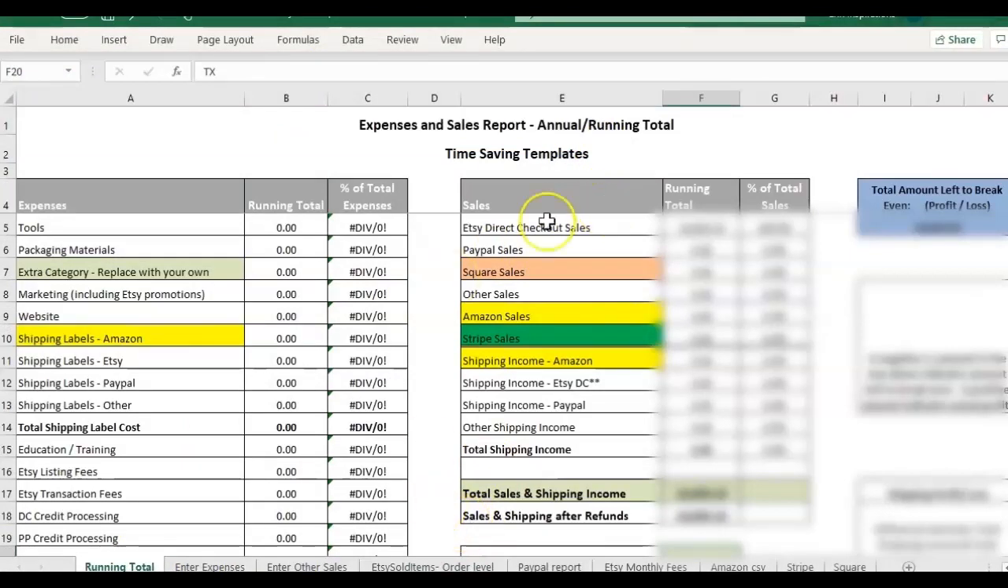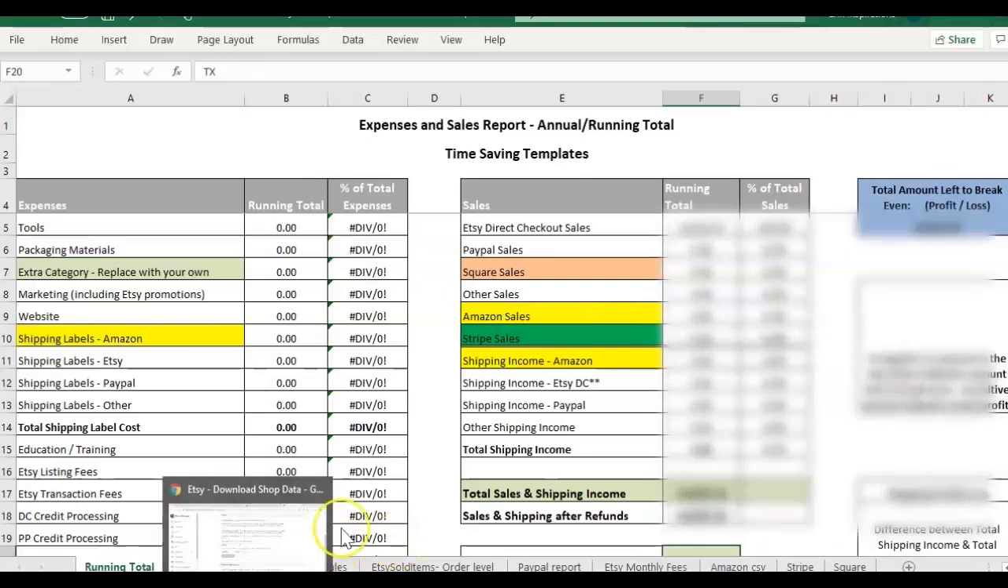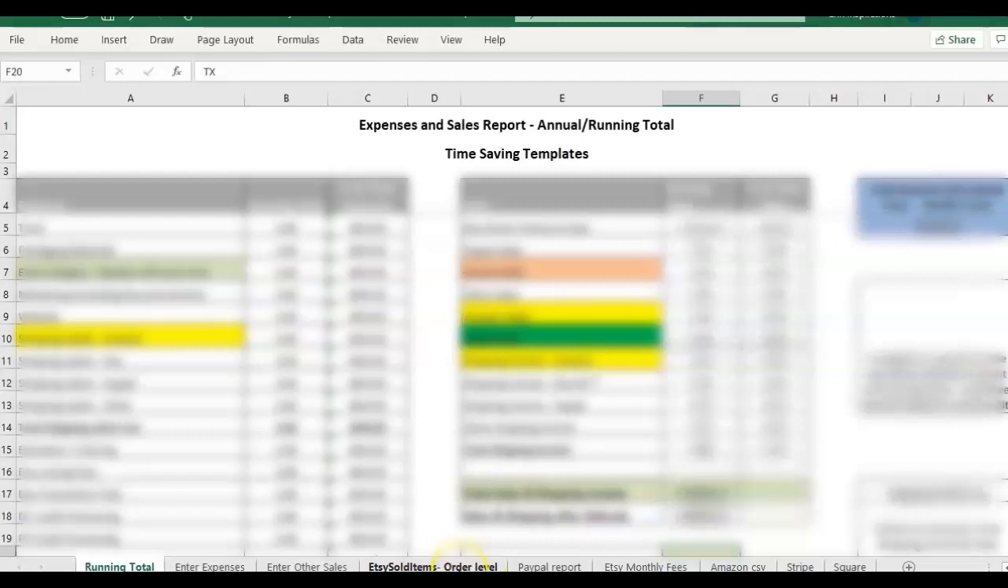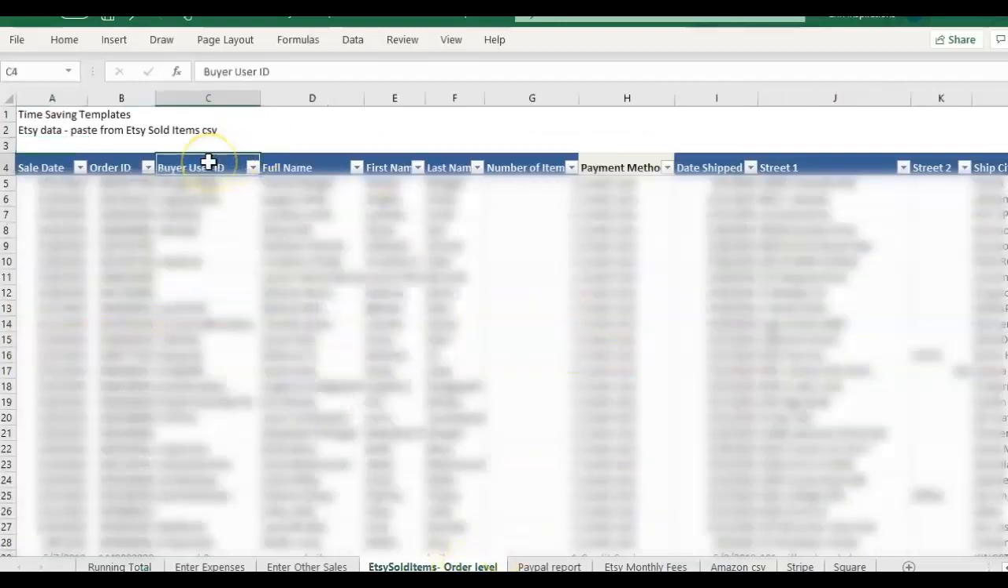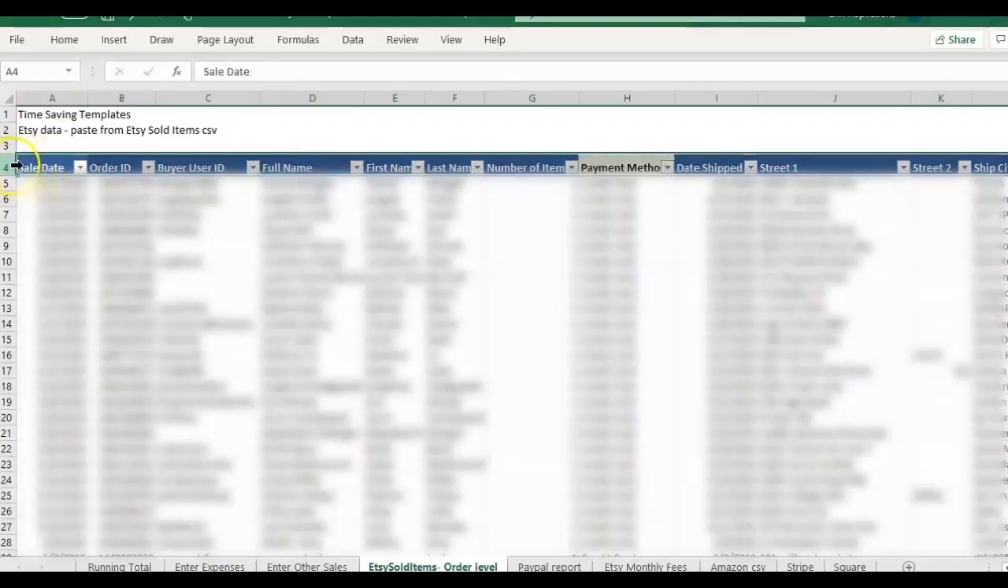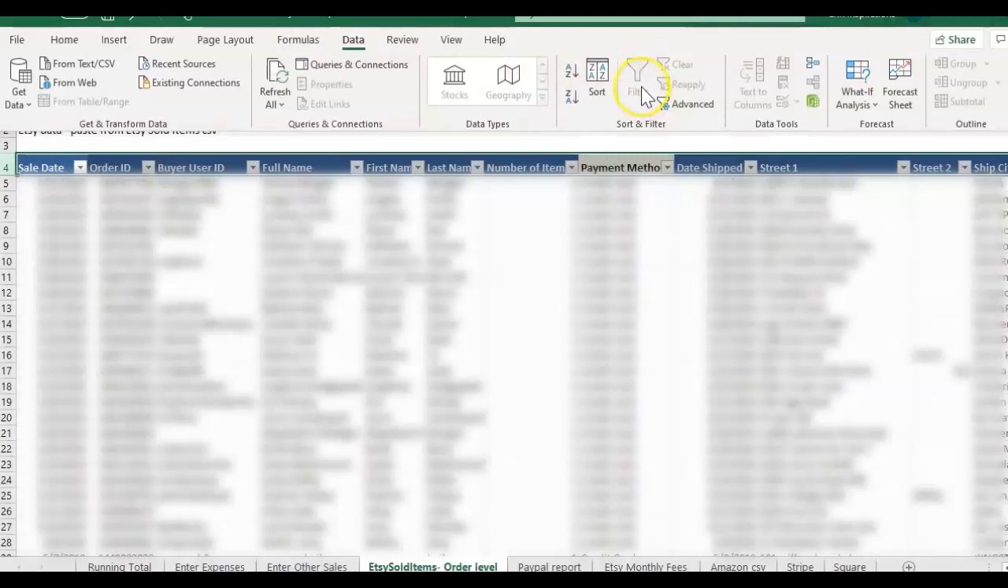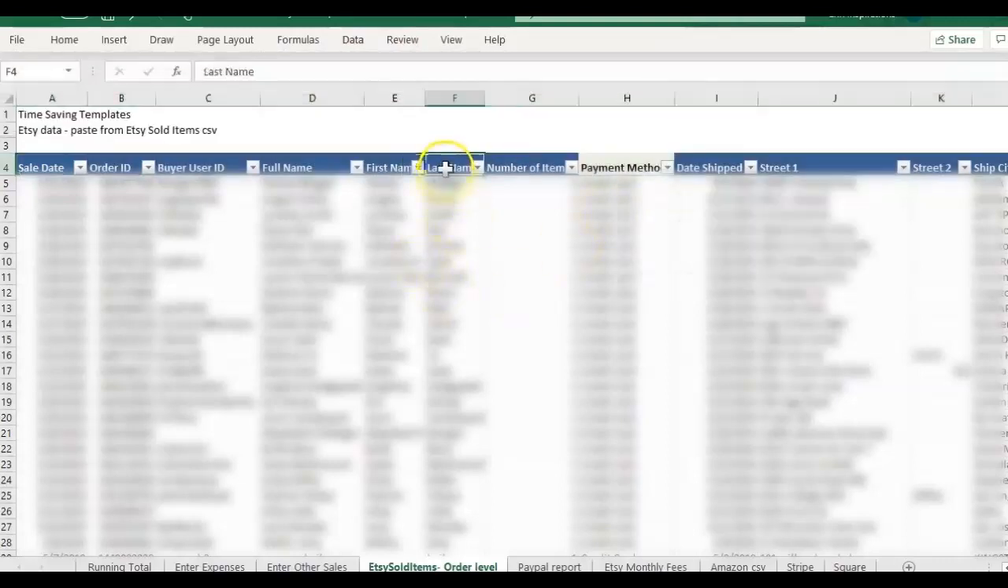So this is one of the templates that I have where you can copy and paste Etsy, PayPal, Amazon, Stripe, or Square CSVs. The CSV that I just downloaded from Etsy can be pasted into here, Etsy sold items order level. So I already did that. And if you're not using the template and you just downloaded the CSV, you'll just have this row at the top. Then I would just highlight the header row, select the data, and then click on that filter icon,